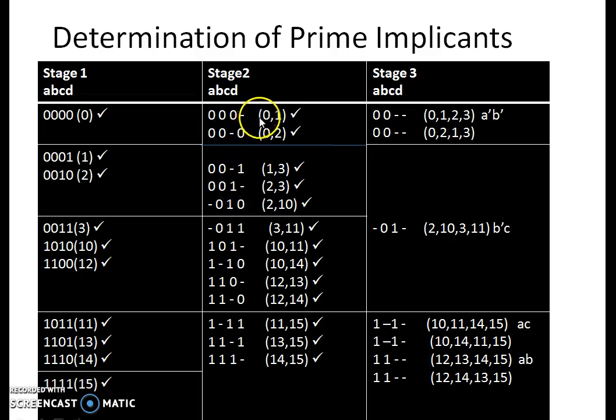So when I examine 0, 1 and 1, 3, the hyphens are not in the same position. But next I compare 0, 1 with 2, 3, I find that the hyphens are in the same position. Once the hyphens are in the same position, then look for whether they differ by 1 bit. Here that criterion is also satisfied. So in this place I put a hyphen and this hyphen I retain. So here I have written 0, 0, hyphen, hyphen with what combination? 0, 1 and 2, 3. So I have listed it here.